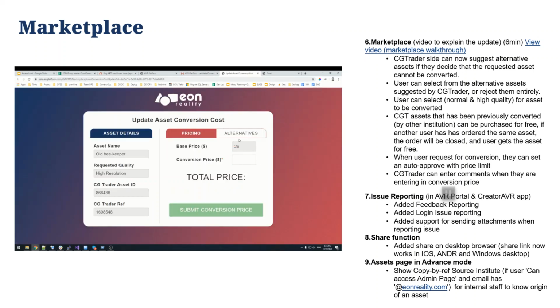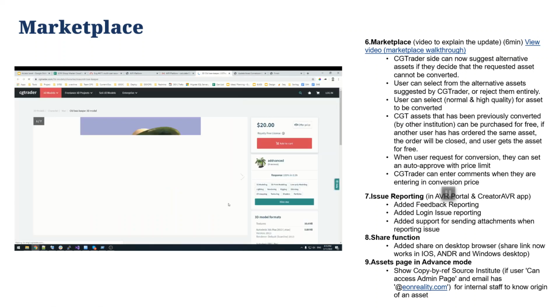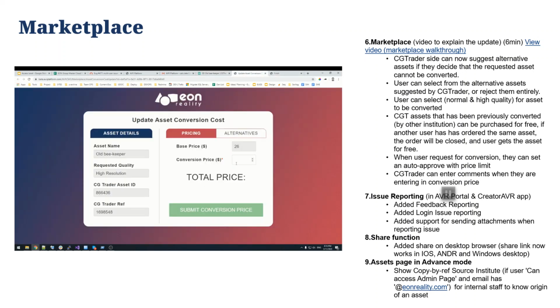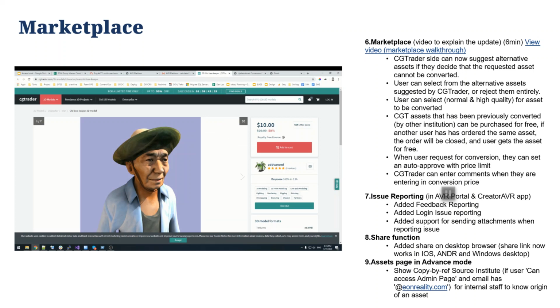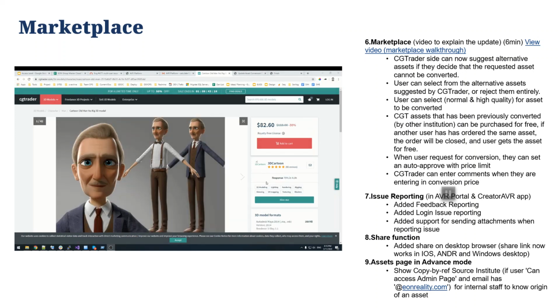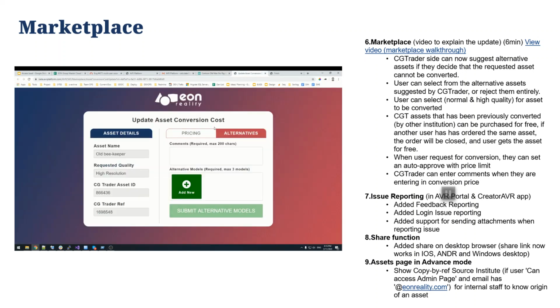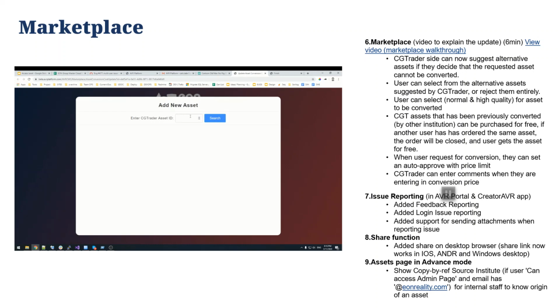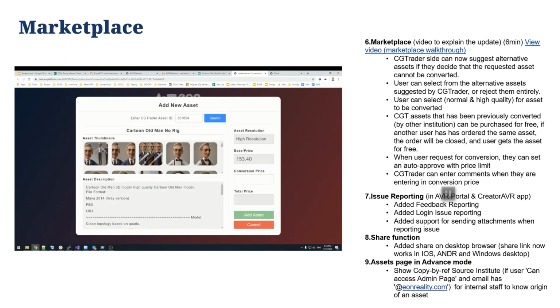Right, so let's say for whatever reason they found that this particular asset is not possible for them to convert. So let's go back to here. We're saying this is the asset, right? For whatever reason, maybe this asset is not suitable for conversion, then they can choose alternatives. Maybe this is the first alternative. So what you do is go to the model ID, copy that, add new, search,